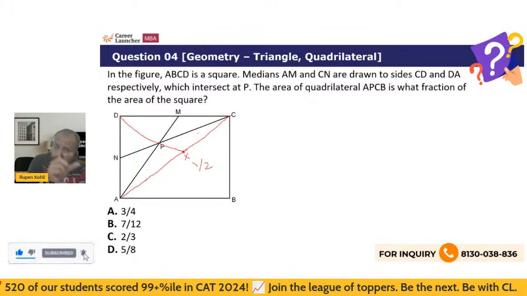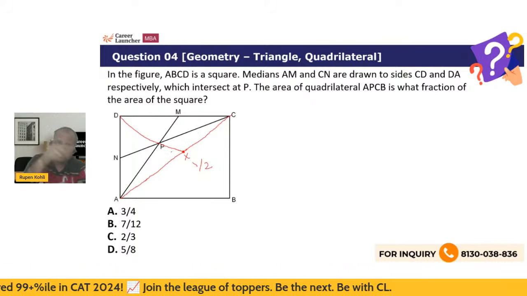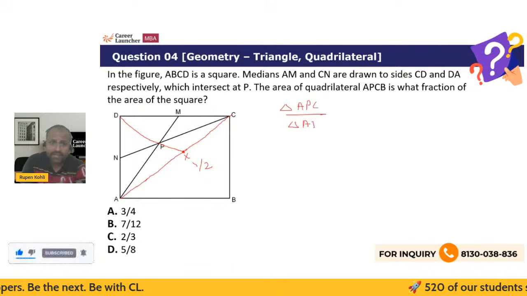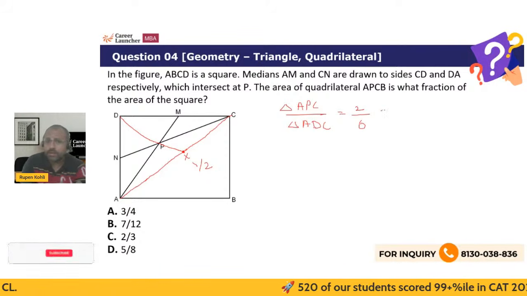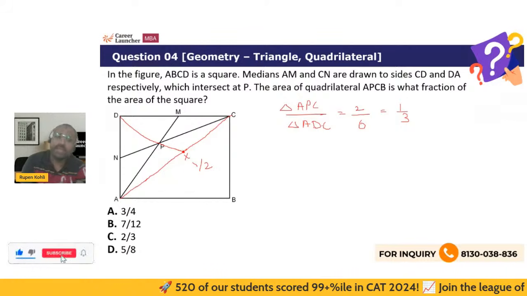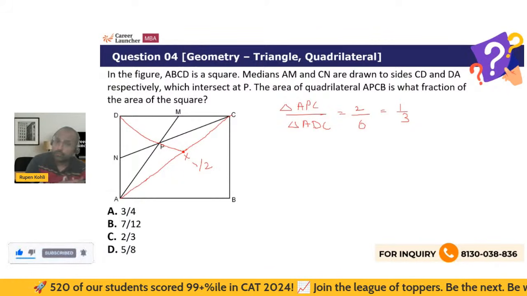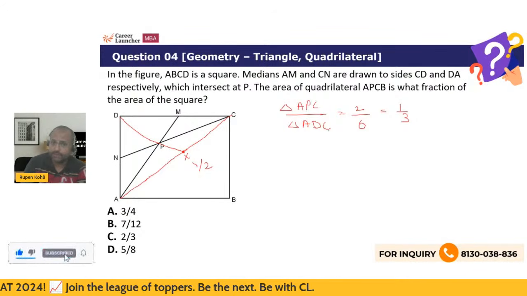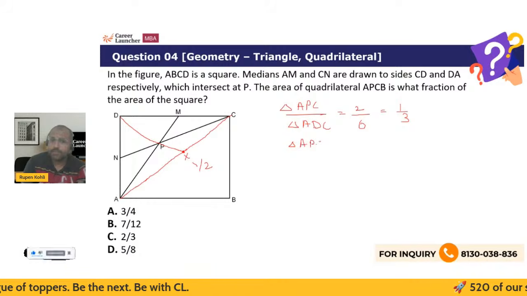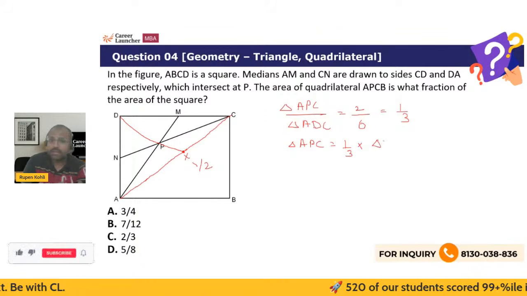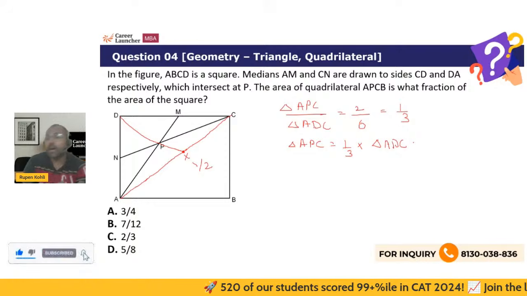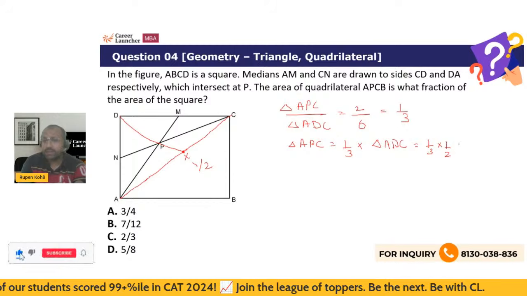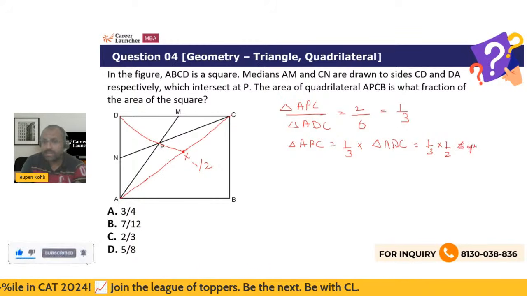This APC is two out of those six triangles, right? So this triangle APC as a fraction of the area of the entire triangle ADC is those two parts out of the six parts. So that is 1/3 of the area of triangle ADC. But we have to find APC's area as a fraction of the whole square ABCD, not of triangle ADC. So triangle APC is 1/3 of the area of triangle ADC, but the area of triangle ADC is half of the area of square ABCD. So 1/3 of half. So as a fraction of the square ABCD, the required fraction is